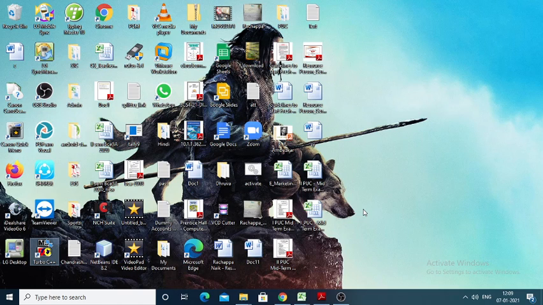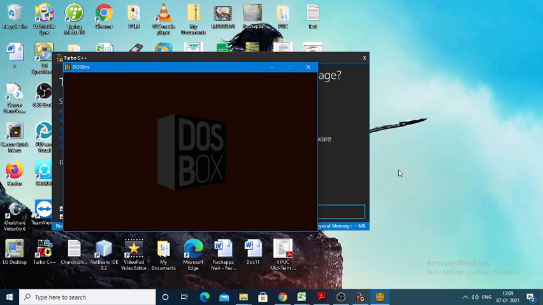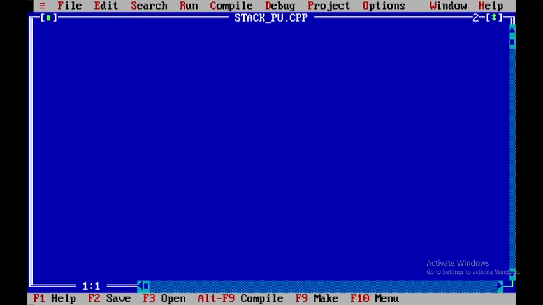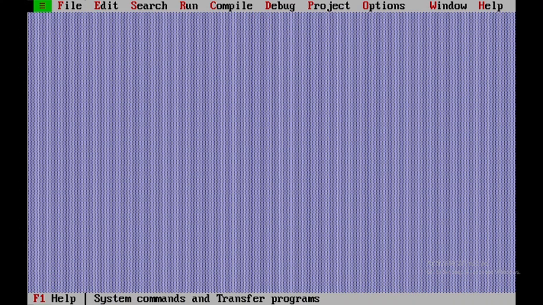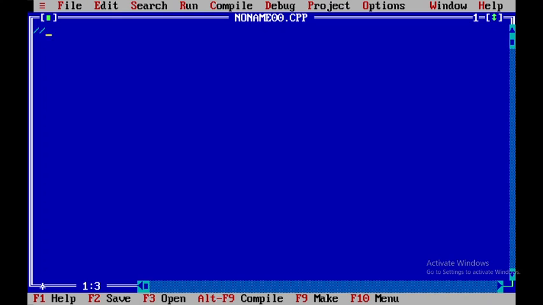Today we'll be discussing a C++ program to perform push items into the stack. So in order to do so, let us open up Turbo C++. And once it is done, we'll be opening up a new file over here. So now in order to maximize the screen, I'll be pressing F5. Here I'll be writing a single line statement, that is write a C++ program